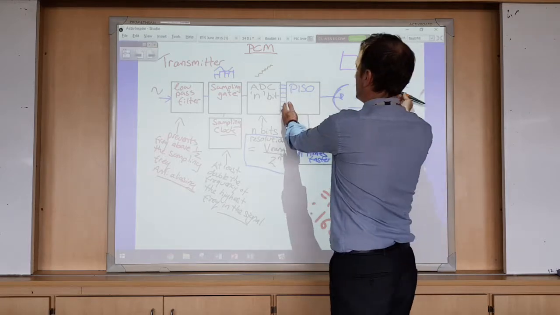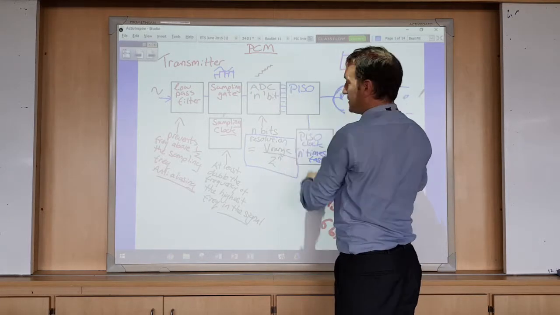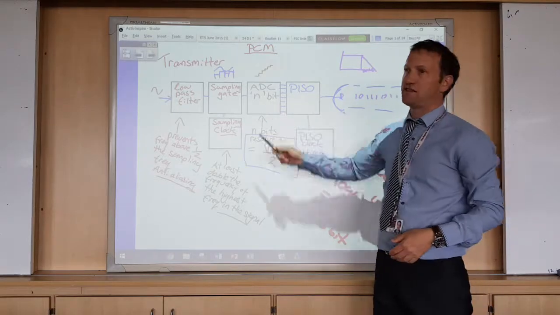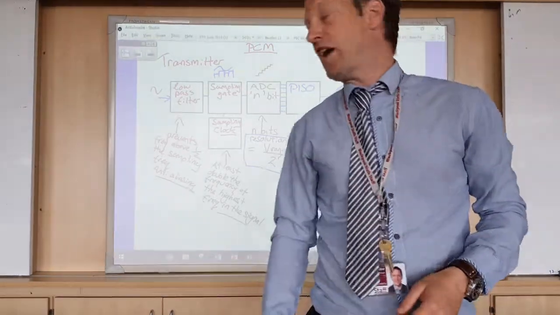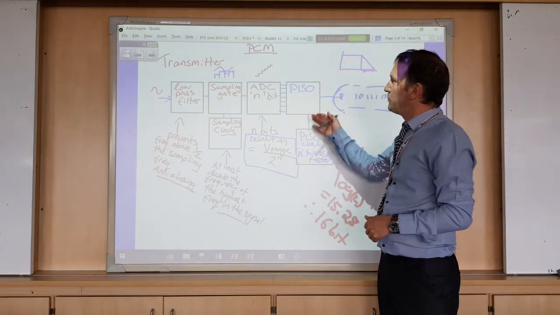Because it's got to send 7 of them out and then the next 7 come in. So this clock needs to go n times faster than that clock. Now there is an added level you can have, which is if you want to have multiple